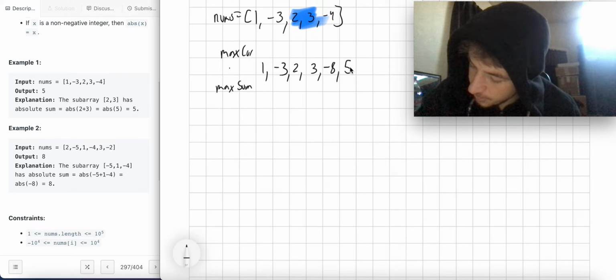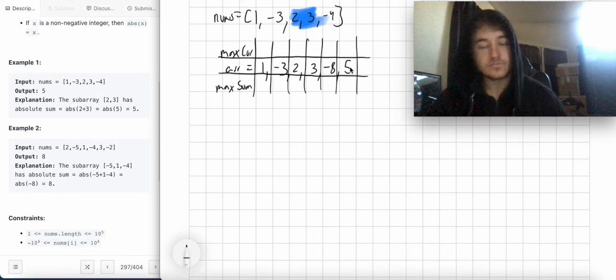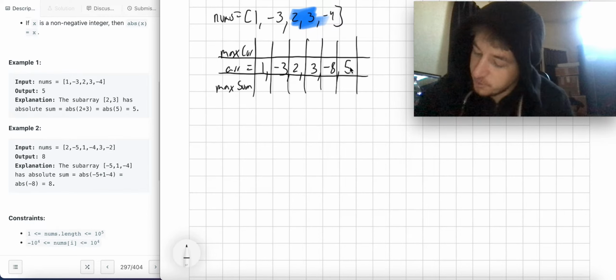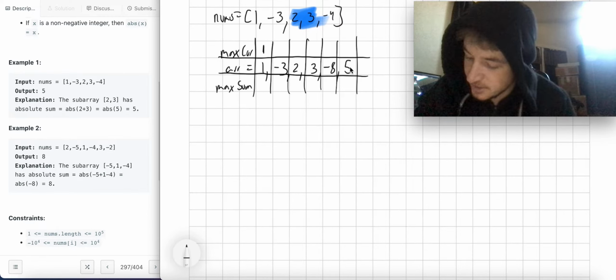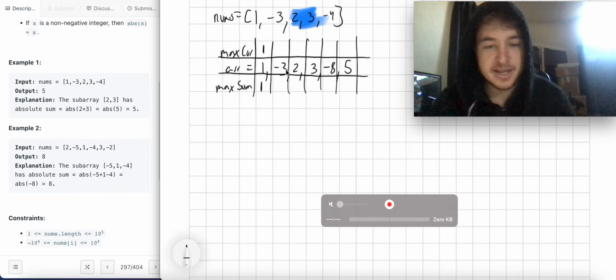And this is just the array. And then we'll process it like this one at a time. Okay, so when the array is 1, well, the maximum cur we've seen so far is 1, and our max sum is 1. When the value is -3, well,